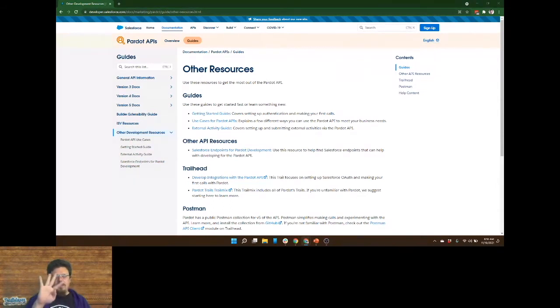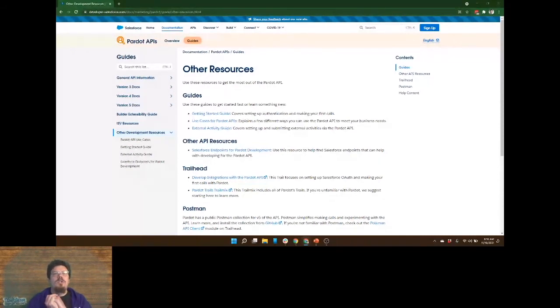There are 3 tiers: bottom, middle, top, right? The bottom tier just got upgraded from 0 API calls to 25,000 API calls a day. The middle tier just got upgraded from 25,000 to 50,000 API calls a day. And then the top tier is 100,000 API calls per day.